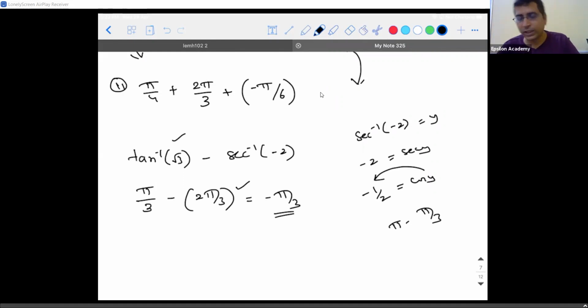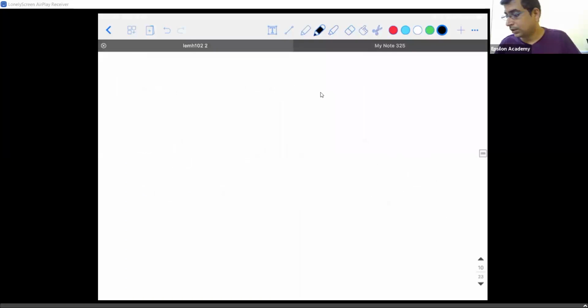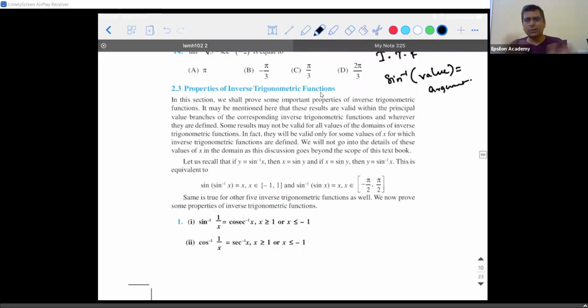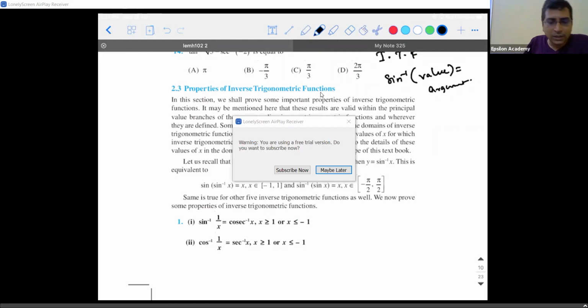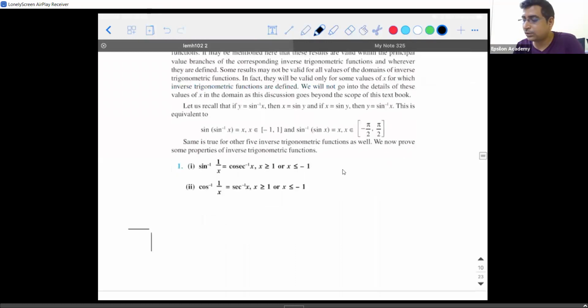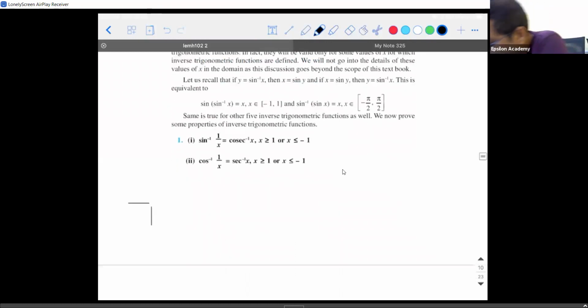So we can go to the next exercise, right? The next exercise is all about the different properties. See, trigonometry is all about manipulation. Manipulation in the sense that you will write sine in terms of cosecant. These kinds of manipulations are what we do. Nothing is there outside. For those manipulations, the technical name that is given is properties. So there are certain properties which we are going to see within the given domain and the range of that particular function. That's what our job is. Nothing else. Okay, so let's see. Shall I start? Now the first question is. So please make a note of it.